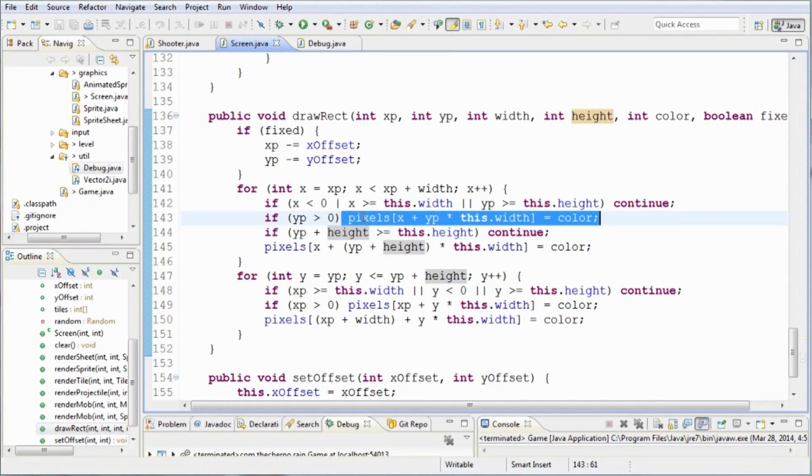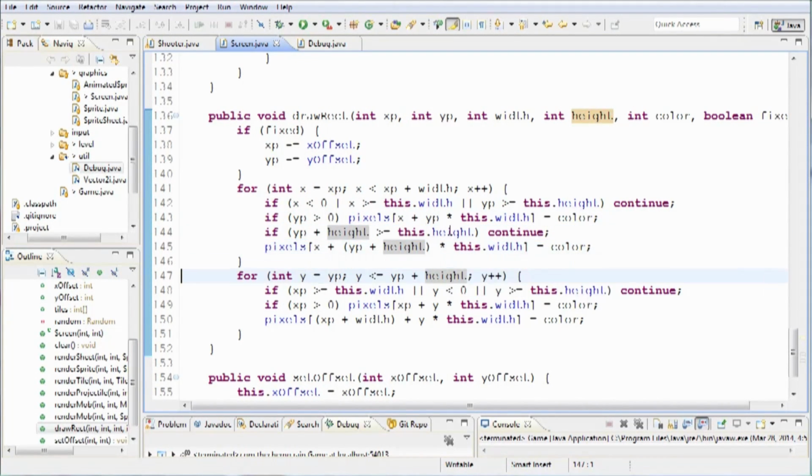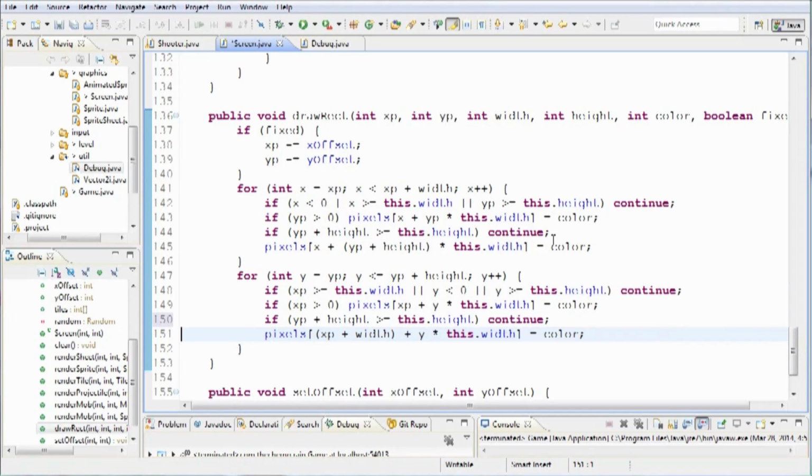Because that's the top part of the rectangle. And then we run a check for the bottom part of the rectangle to see if we can render that, okay? Because otherwise, if we put them both up there, what you'll see is both the top and bottom won't render. But we want